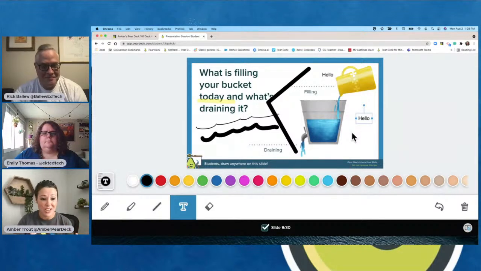I tell teachers all the time, you can take screenshots of your worksheets, put them on a drawing slide, and you can do the same thing you would do with paper and pencil, and you've saved yourself those copies. So utilize the drawing slide, even as just a brain break slide. You can put it on a blank slide, and the drawing feature can just be on a white slide where kids can just take a moment and draw if they want to. So lots of different things you can do with drawing.